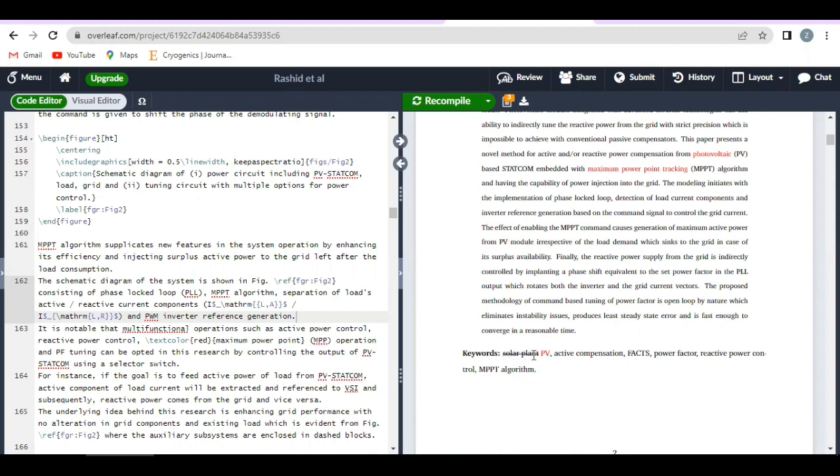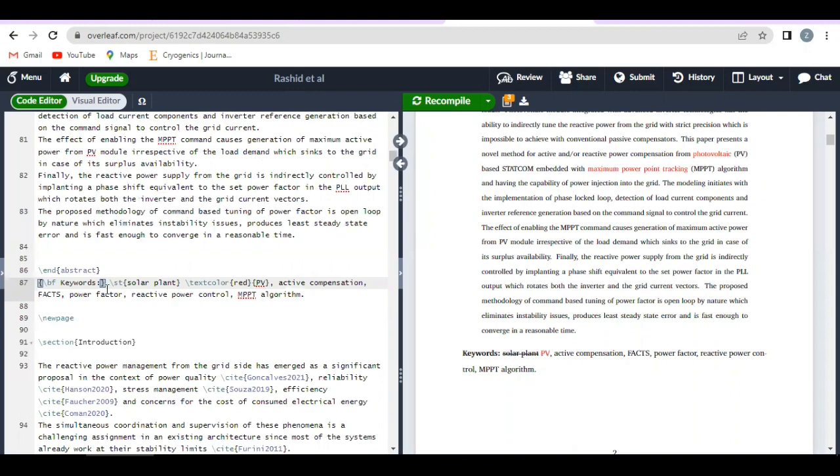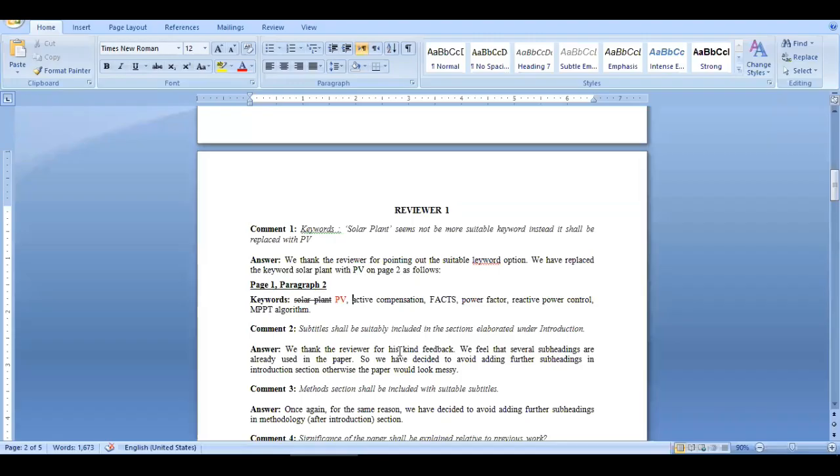I wanted to delete the solar plant, so I have used the strike through command in the manuscript. Okay, so this is the LaTeX strike through command. Similarly, I wanted to add this new word PV, so this new word PV has been added in red. Similarly,